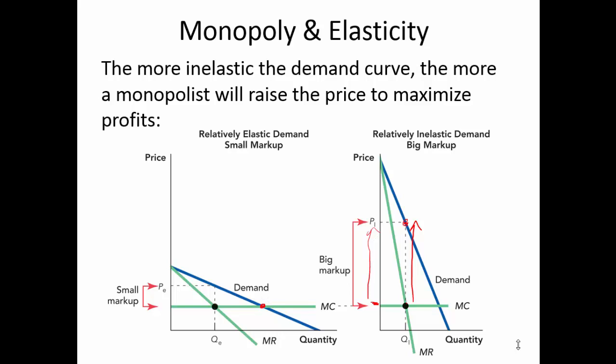Okay, here's competitive output right here where price equals marginal cost, but here's where MR equals MC, and the monopolist's price on the demand curve is not that far above marginal cost. So you can already start to think about, if you could monopolize a market, if you could monopolize a good, which kind of good would you want to monopolize? One with inelastic demand or one with elastic demand? Well, of course, you'd want to go for the one with inelastic demand.